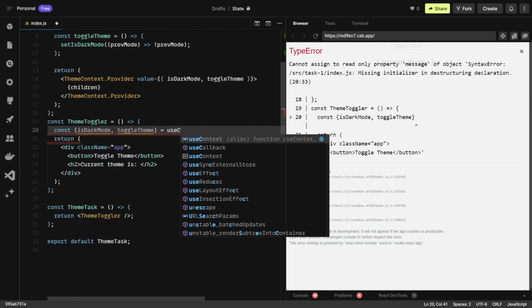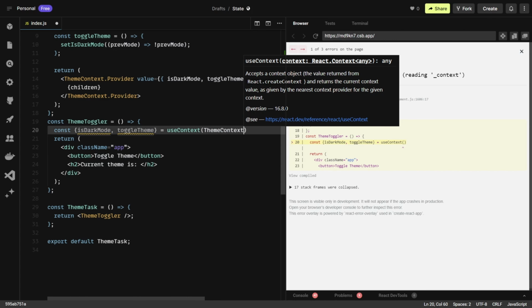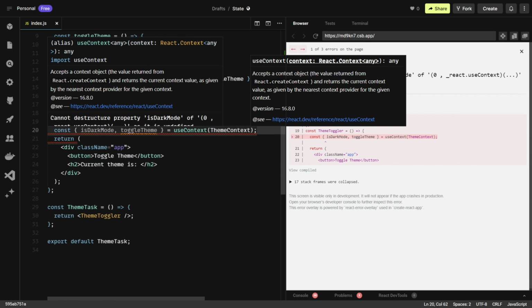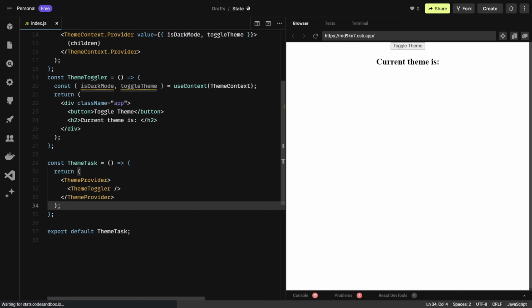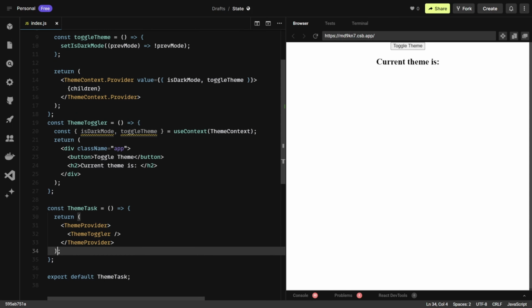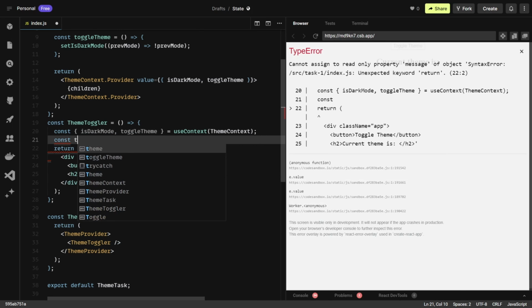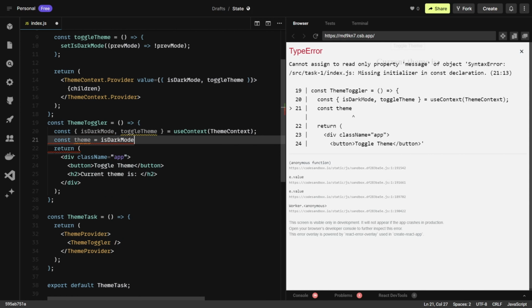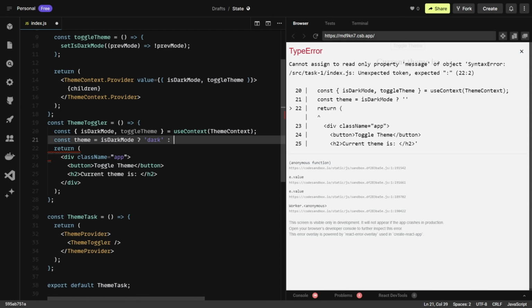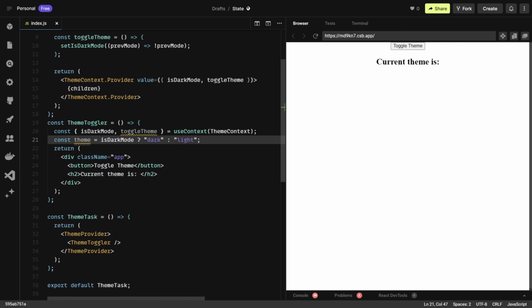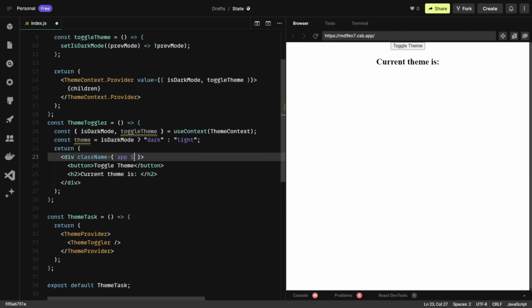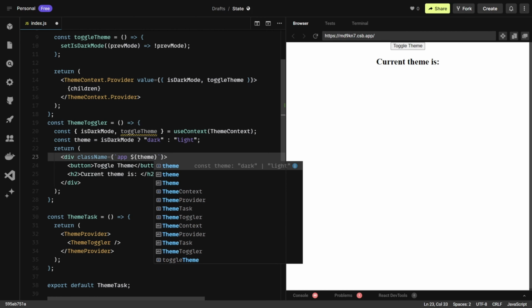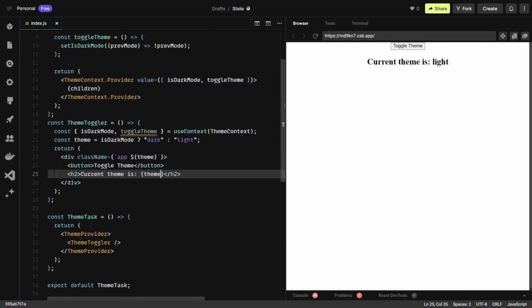We will use useContext with ThemeContext as a parameter. This helps us to access isDarkMode and toggleTheme variables when we wrap our component with the theme provider. We will introduce a simple variable theme, which returns dark or light based on the current theme. Now let's add a class name to the component. This variable will be used as a class name and as a text on the page, and see if it